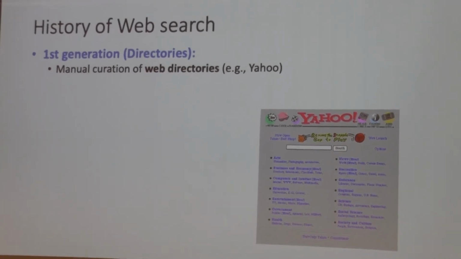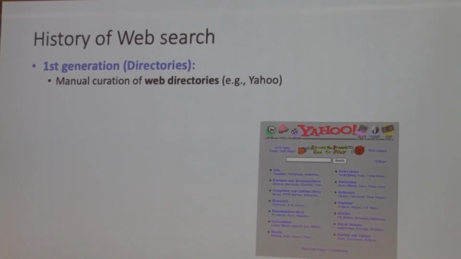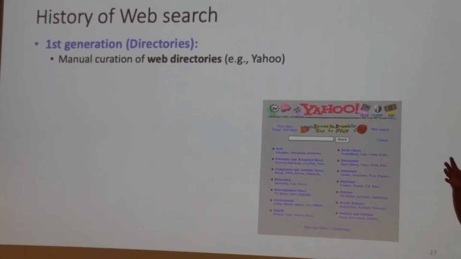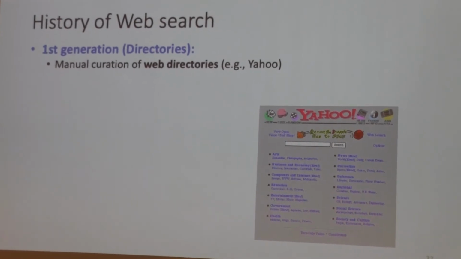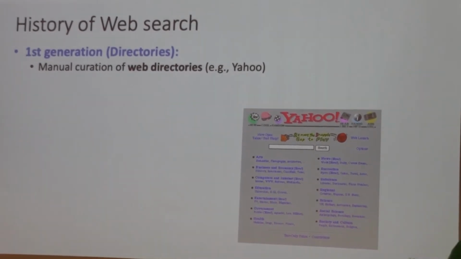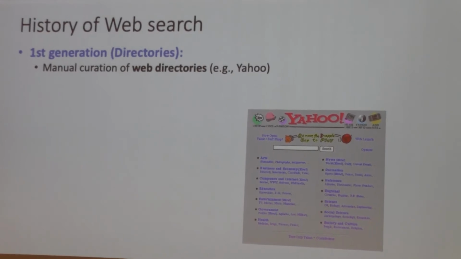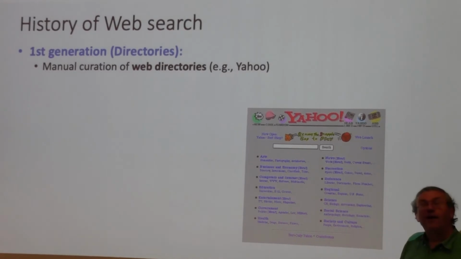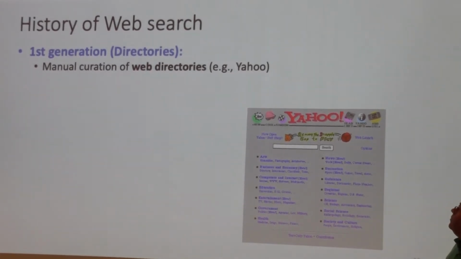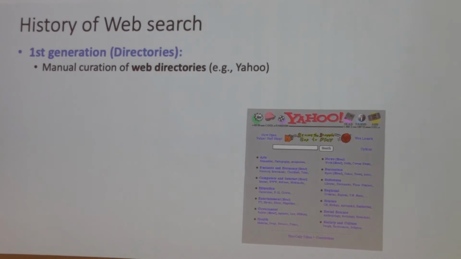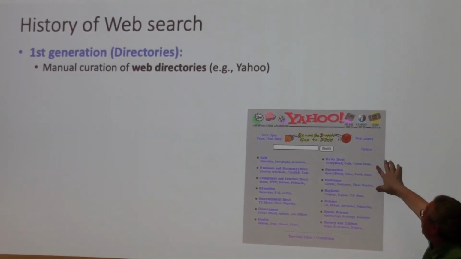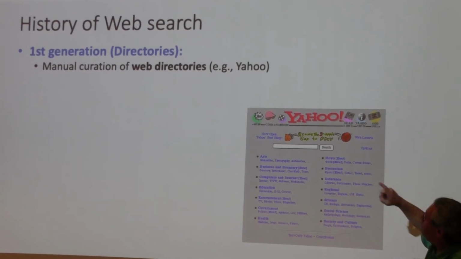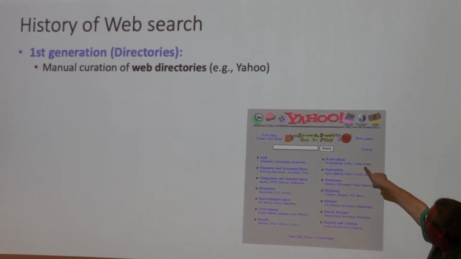A long time ago, probably many of you were not even born in such an old period, in the 1990s, but it was very weird. The internet already existed, we had telephones and electricity and running water. Sometimes people don't believe that we were not living in caves in 1990, but this was the first web search. The web was invented. The first generation was manual curation.